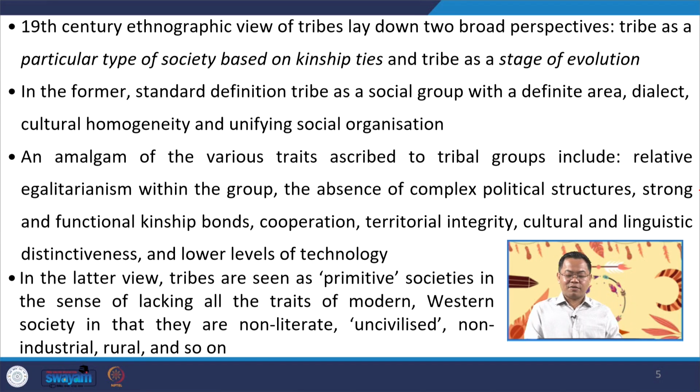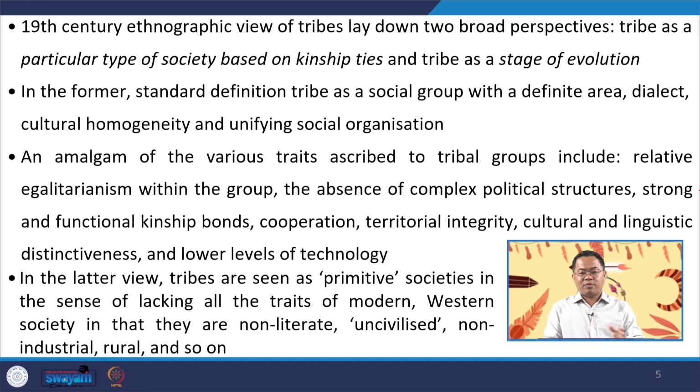Likewise, the absence of complex political structures, in the sense that many tribal communities are more or less considered to be small in terms of their population. They occupy a relatively small geographical area, in a sense that there is some kind of geographical compactness, and the absence of political structure also in terms of their having their own independent system of governance, such as chieftainship, and so on and so forth. So, these are some of the distinct characteristics in which tribal societies were being characterized.